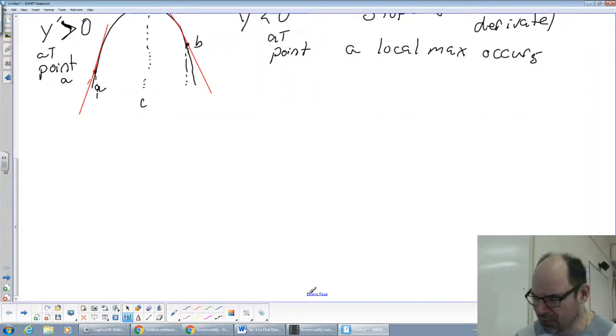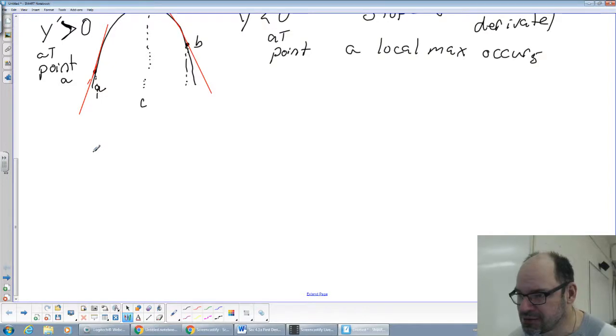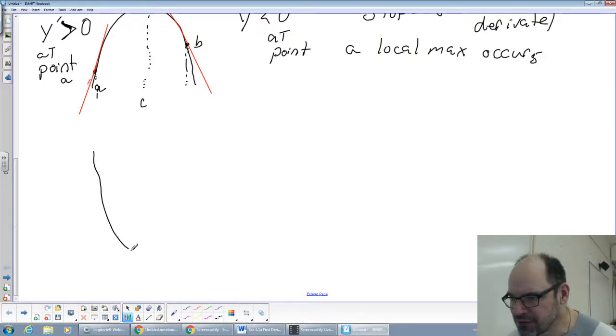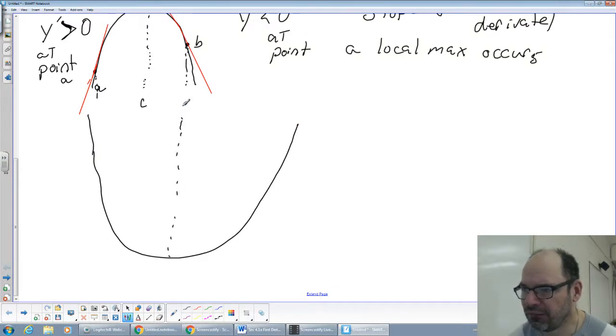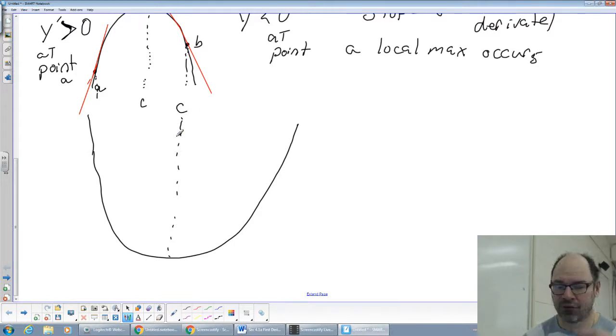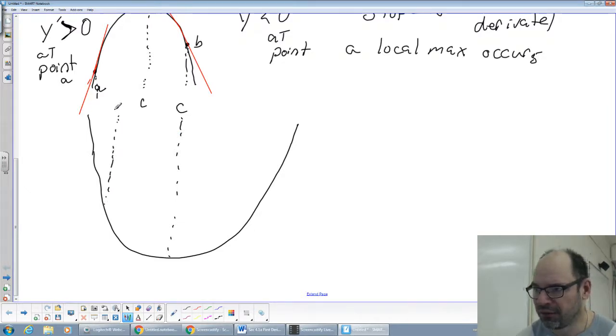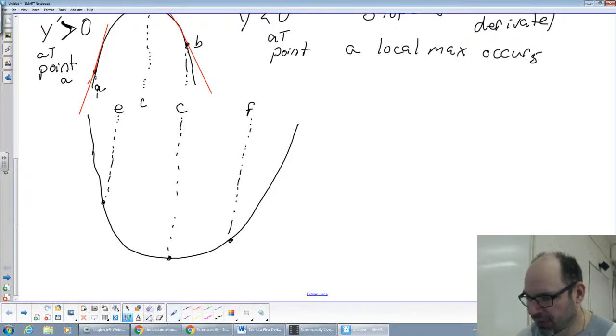So if we do a minimum, we could draw this minimum here, like this. C is there, another critical number. Let's not use A and B this time. Let's use E and F for this graph. So if we draw out all our points and get our line maker out here,